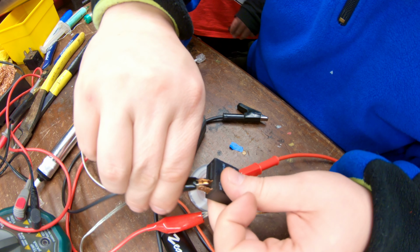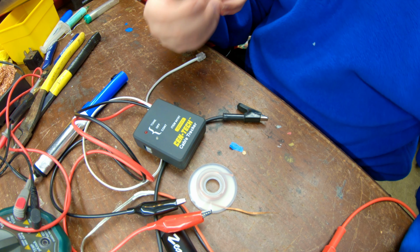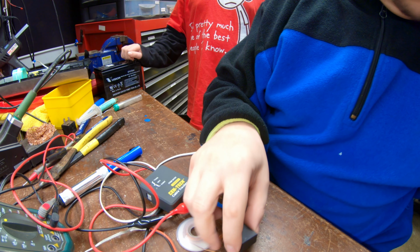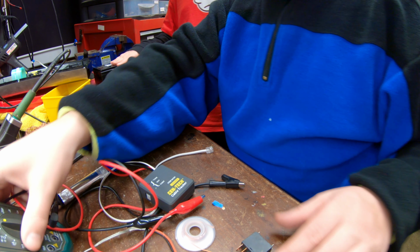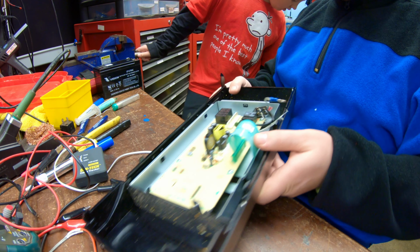Okay, so we can put this in the trash and swap out the other one. So this is the one that was working, so we're gonna solder that into here. Shouldn't we test it to make sure? I just did. There's no way to test it, but just do it. Okay, so that's what we're gonna do. And grab a screwdriver